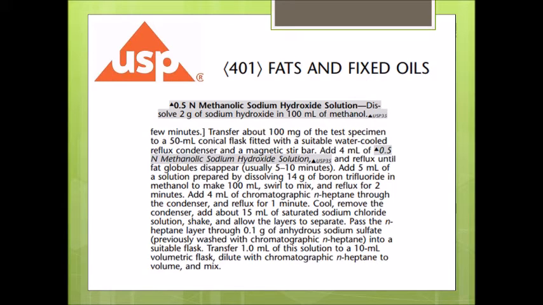First, you have to use sodium hydroxide dissolved in methanol, and so you reflux it. And after that, you will go to the second reflux by adding this reagent, which is 14% boron trifluoride in methanol. The USP talks about refluxing in all these steps, and I would say that you can skip some